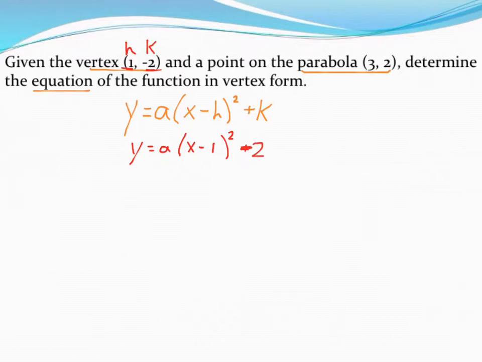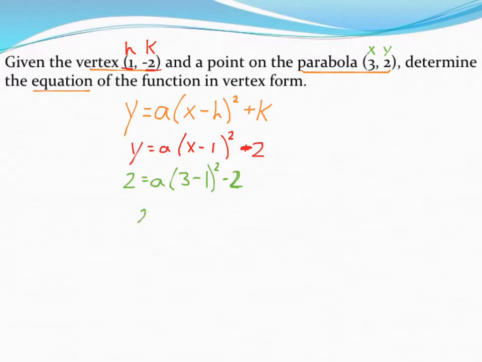Okay, so I got rid of some of my variables, but there's still too many to work with. So I need to now use the point. Remember, the point represents just an x and a y value somewhere on your parabola. So let's plug in those for x and y, and we should be in a much better place. So y is equal to 2. A we don't know, but that's okay. That's what we're going to find out. X is equal to 3. And then we already figured out the -1 and then the -2. And so now we're in a much better place. We only have one variable to find,